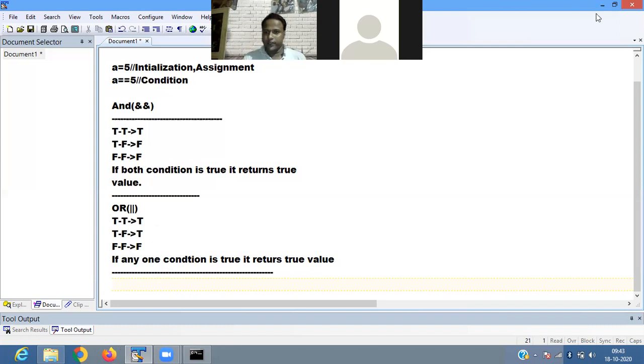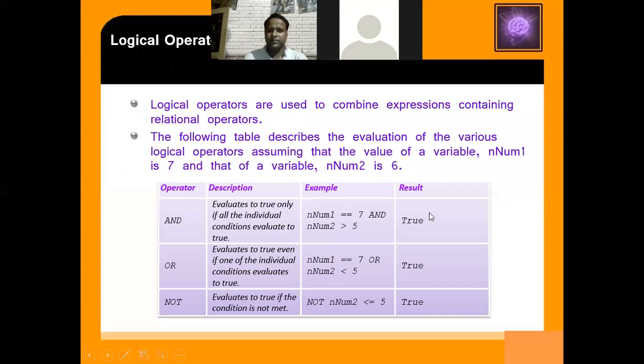Let's go for an example, check here. In num1, we store 7. In num2, we store 6. Now, we're using the and operator. If num1 is equal to 7, num1 is equal to 7, yes or no?